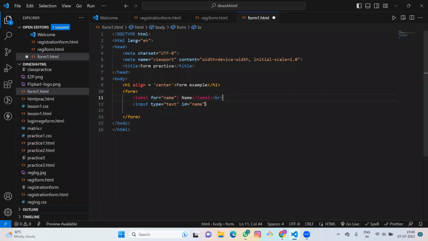And the another attribute is name. We can give the same as ID, it may not have any issue, because a name should be given so that it will capture whatever the